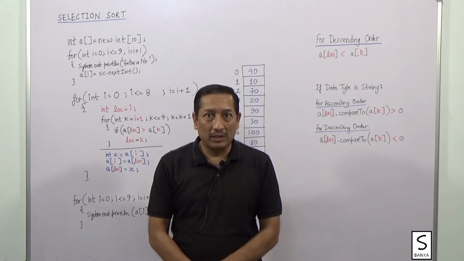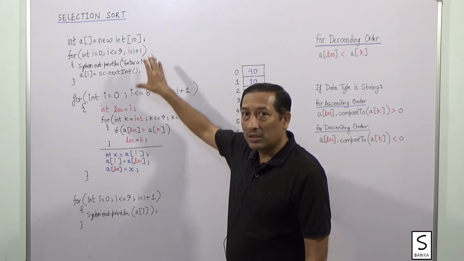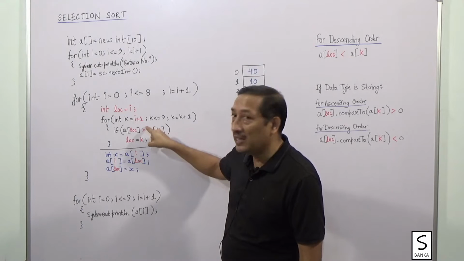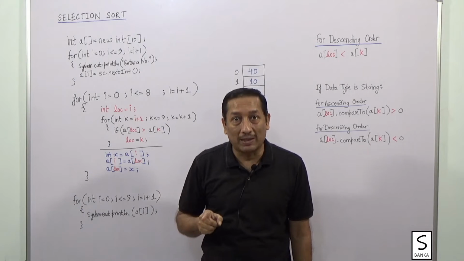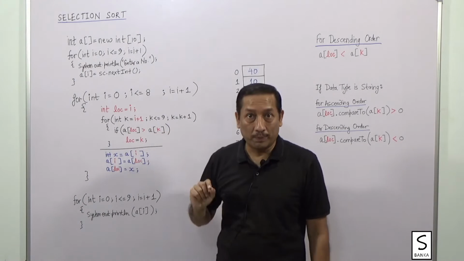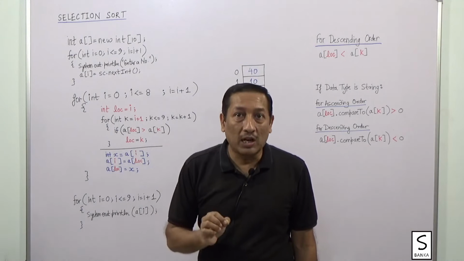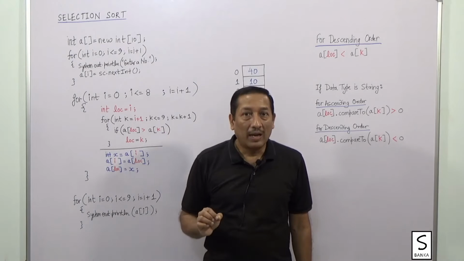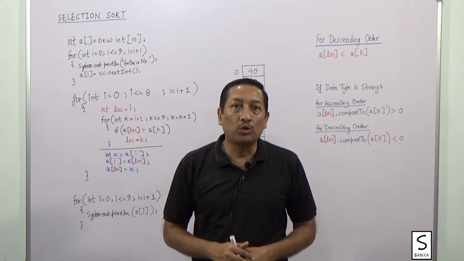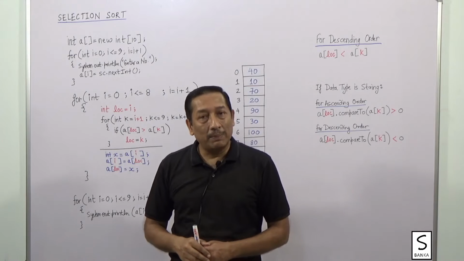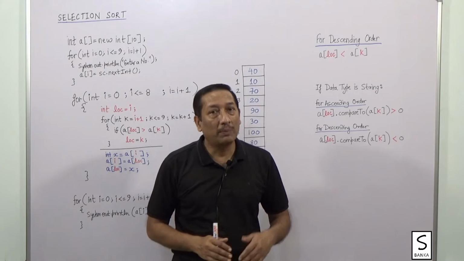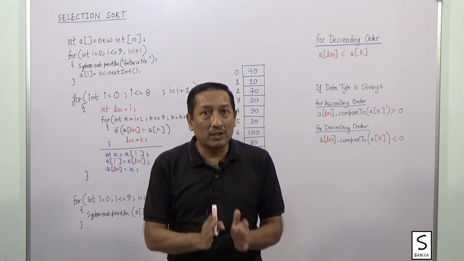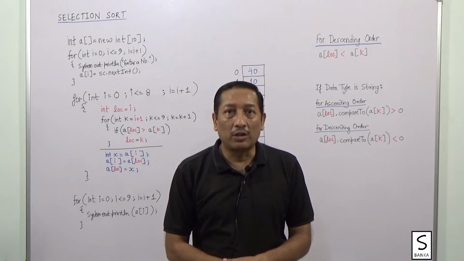In selection sort, as you can see, this is the program here which I am going to explain now, the swapping process is outside the inner loop, whereas in bubble sort the swapping process is inside the inner loop, because of which the number of swappings is more in bubble sort and less in selection sort. And in computers, swapping is considered a slow process. So obviously any program which has more swappings will be slower, and any program which has fewer swappings will be faster. So that was the primary purpose of developing the selection sort technique.